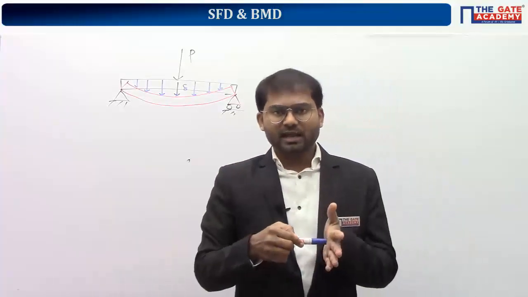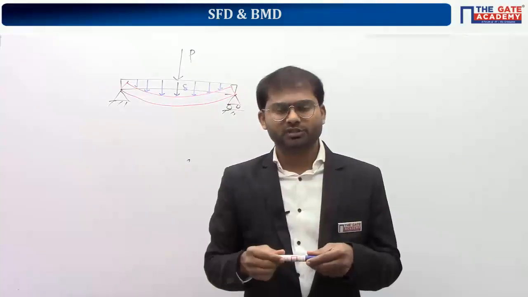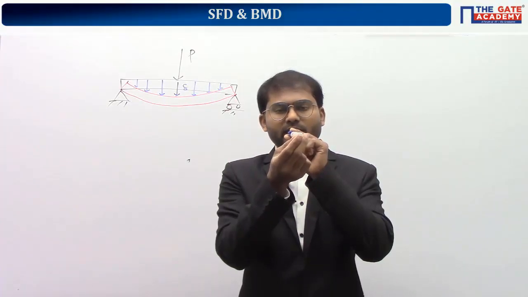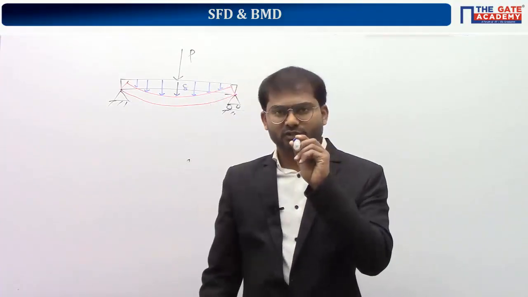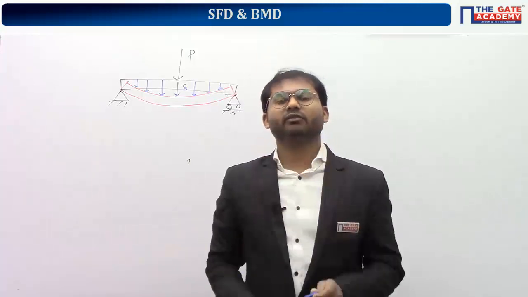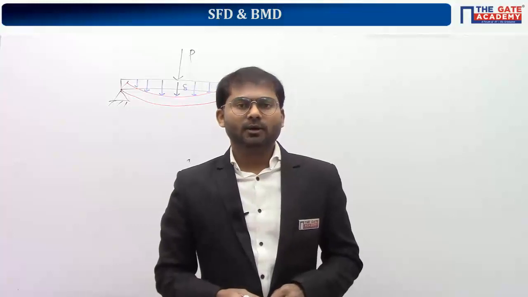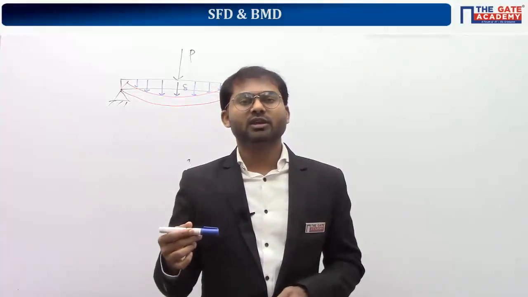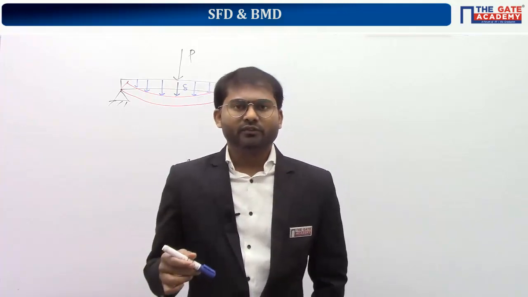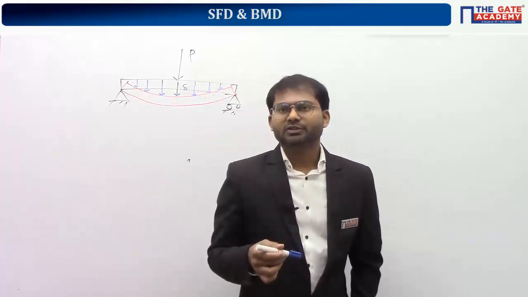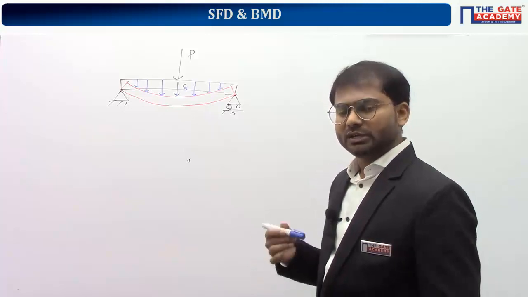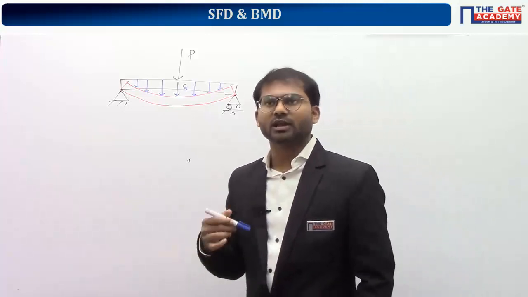And these forces are actually acting parallel to the area of cross section. If you take this as a beam, this is the area of cross section. Any force you apply, applied force or supportive force, is acting parallel to the area of cross section. We are going to see the variation of induced value of shear force along the length of the beam. Clear? Understood? That graph which gives the variation of induced value of shear force along the length of the beam is called the shear force diagram.